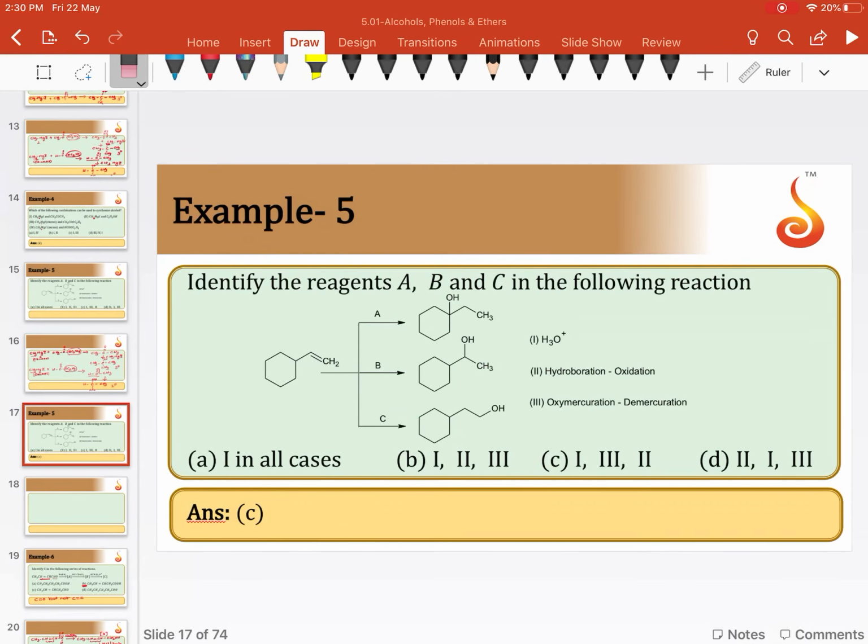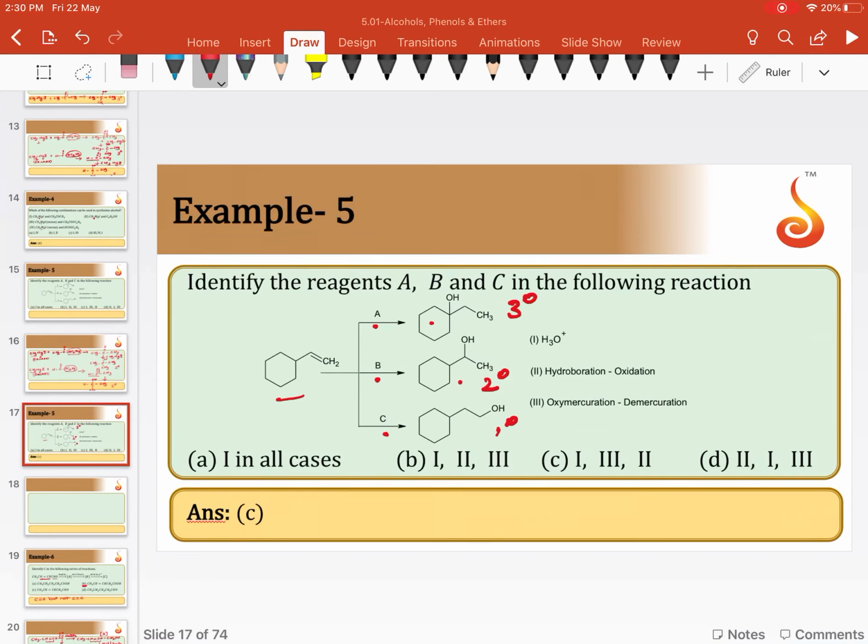Identify the reagents A, B and C in the following reaction. The reactant is an alkene. Alkene is treated with 3 different reagents to form 3 different alcohols here. The first alcohol obtained is a tertiary alcohol, second alcohol is a secondary alcohol, and third one is a primary